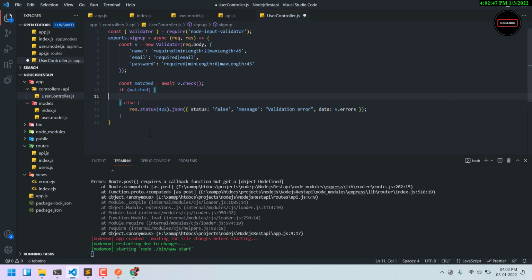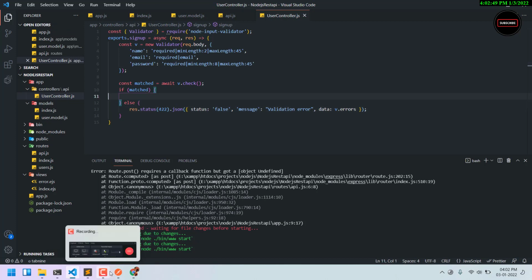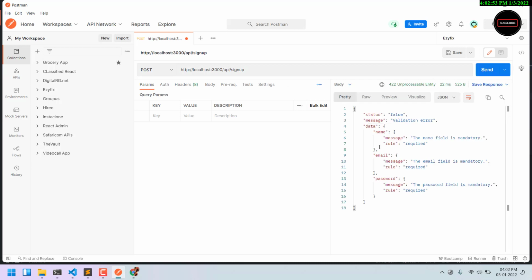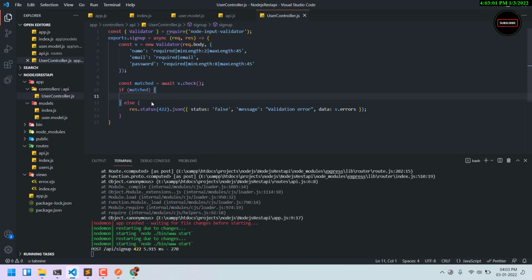Okay, so let's try this now. We will call the same API. Okay, so now we received a validation error because we haven't passed anything, name, email, or password. We haven't passed anything. Okay, so now if validation is succeeded, then what we need to do is